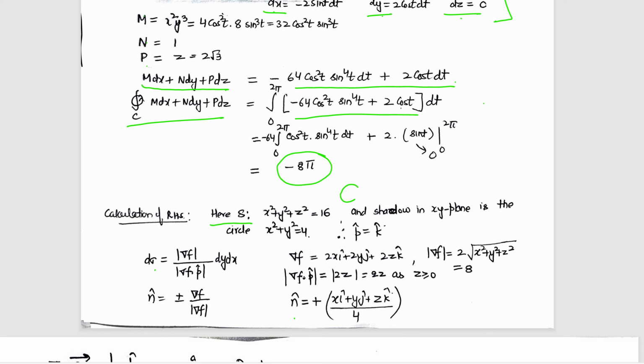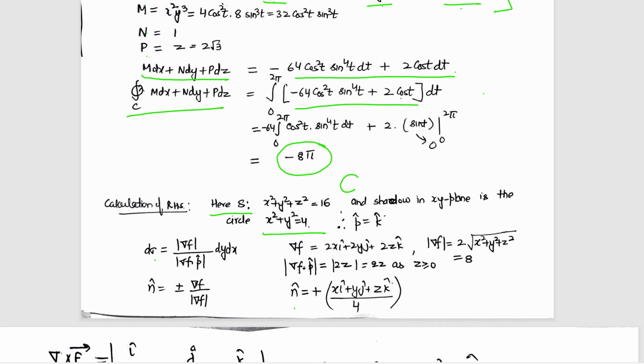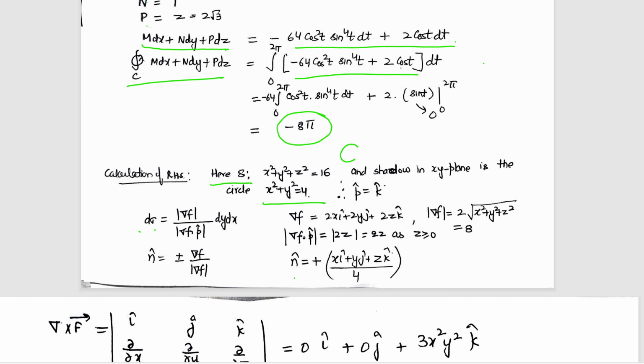Now if we look at the projection of this surface on the xy plane, then the projection will be this circle x² + y² = 4 in the xy plane. So how do we find the surface element dσ? dσ is equal to the magnitude of the gradient of f divided by the magnitude of the dot product of gradient of f and p cap, multiplied with dy dx, where f is our surface x² + y² + z²